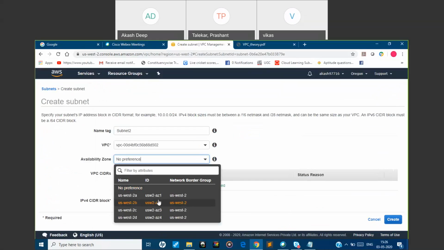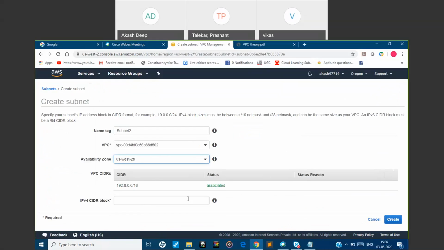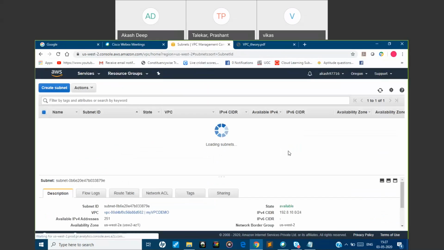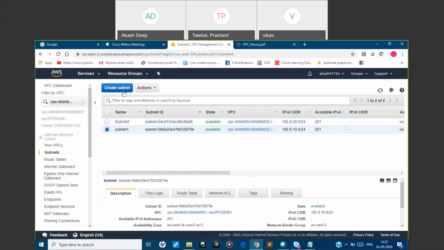We will launch it in another availability zone, 2B, and we'll give some IPv4 range: 192.8.20.0/24. It got created, and we'll create one more subnetwork.